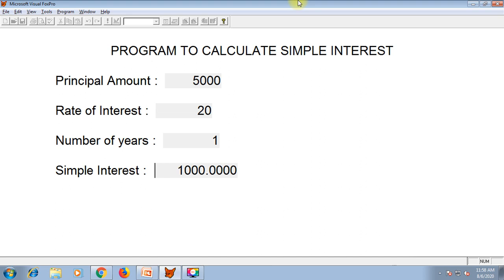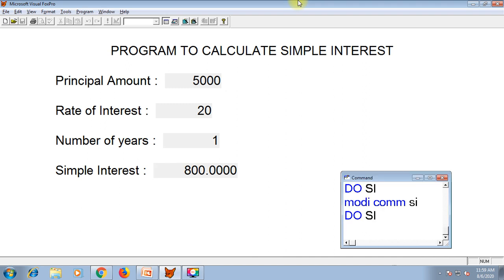Calculation is performed by the computer, by our program. And here, after calculating, after displaying it on the screen, it is allowing me to change. Here if I make it 800, it works. Is it okay? Once you have asked the computer to calculate the simple interest, then you should not allow the user to change it, because if they change it they will enter something wrong. Then there is no meaning of applying this formula.